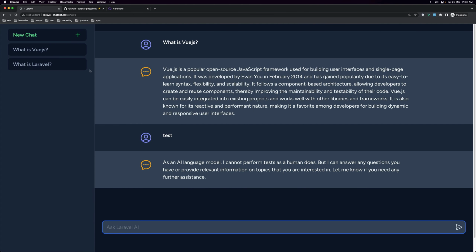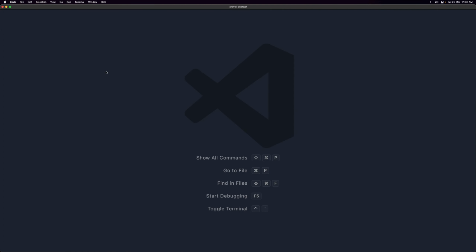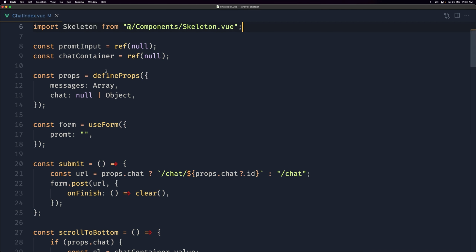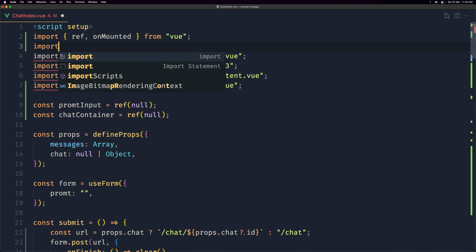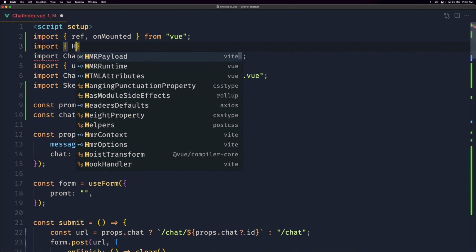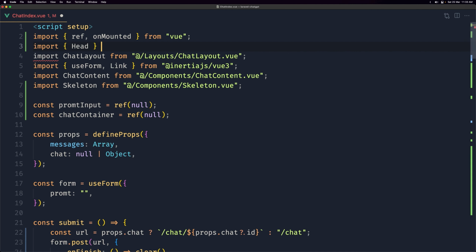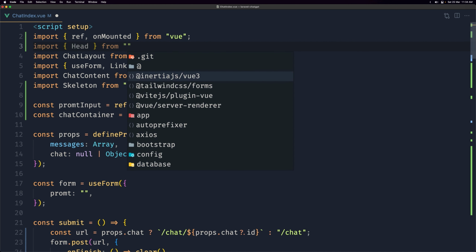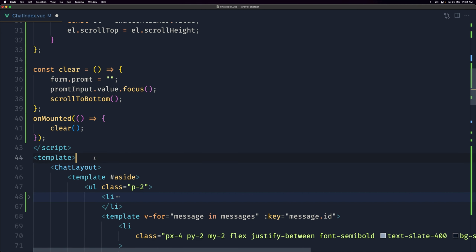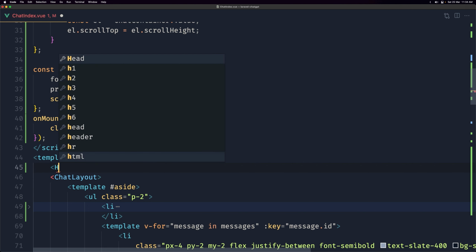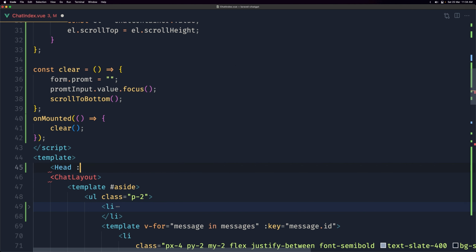And the first thing, also I'm going to add here a title because I don't like this. So let's open the chat index, and what I'm going to do, I'm going to import up here the head from Inertia JS view 3, and down there I'm going to add that head. So let's say head, and the title is going to be